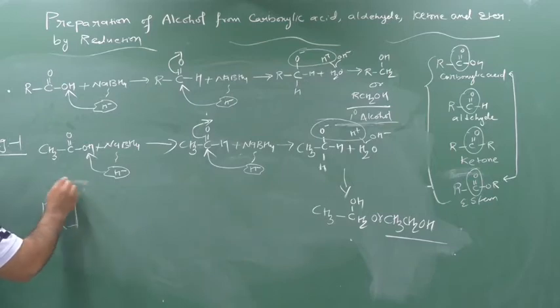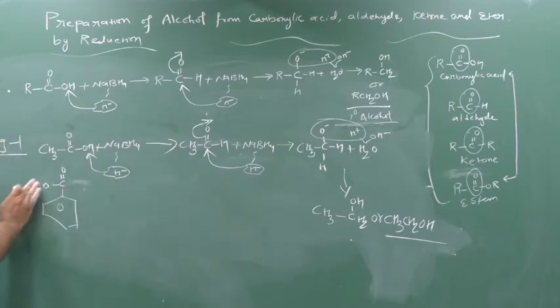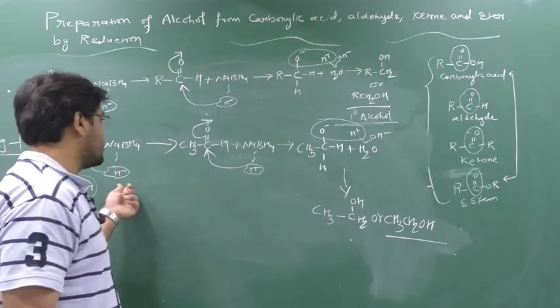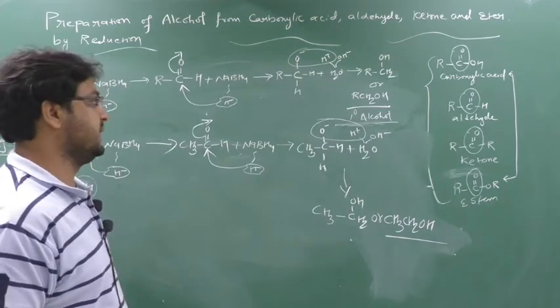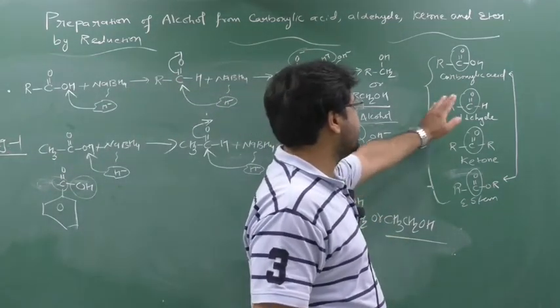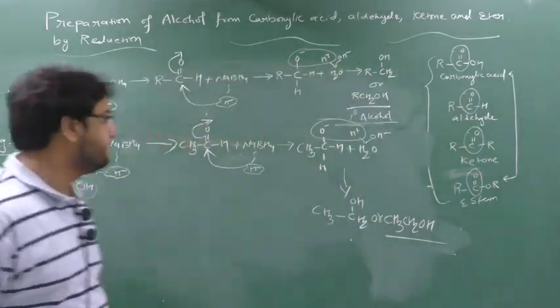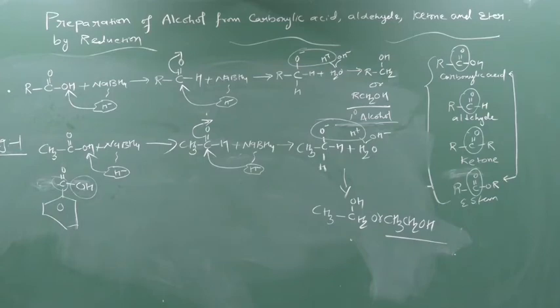First you write down in this way, C double bond O, OH, attack on this carbon. So first you have to remove this OH, because carboxylic acid means double attack: first attack on this and second attack on this. That is why I am telling double attack. Here the first attack, here the second attack of H minus, whereas in aldehyde and ketone only one attack on the carbon of ketone and aldehyde. Clear?